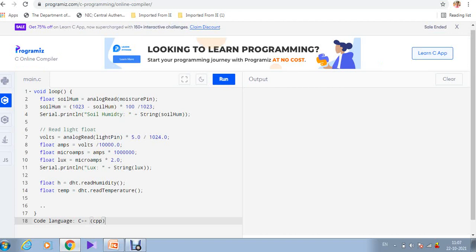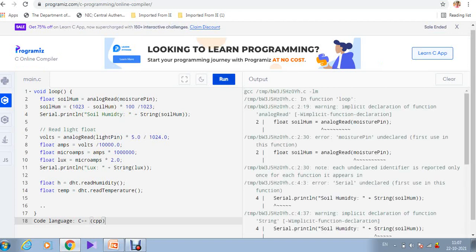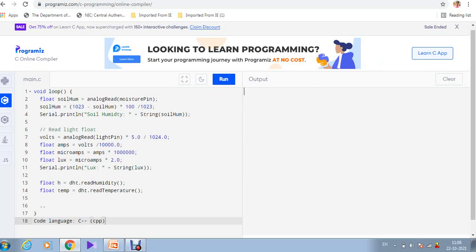I have already copied it to the program, and once we run it, one second, I will explain my C programming for the plant moisture monitoring system.